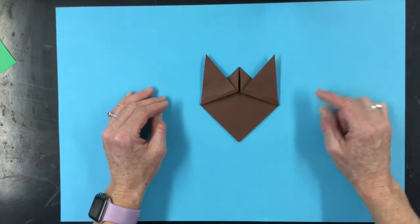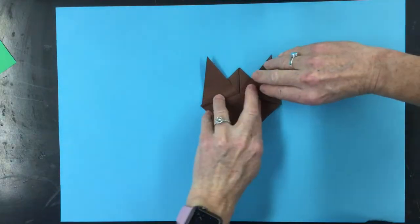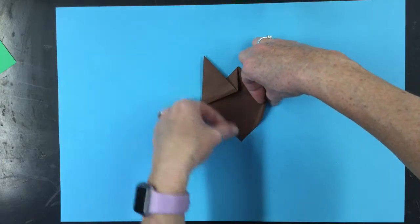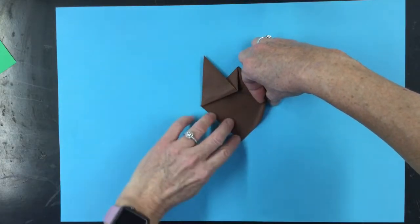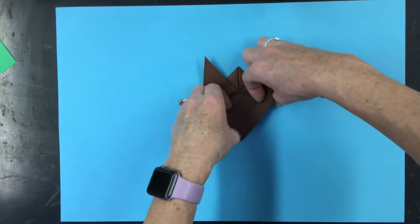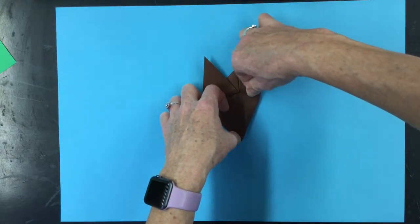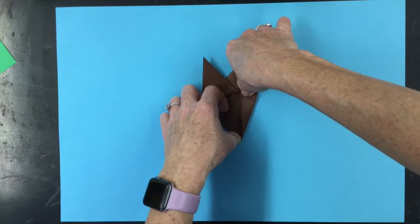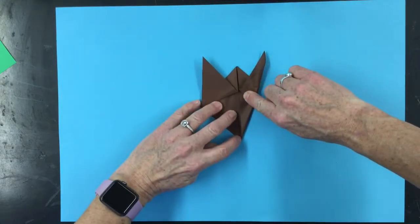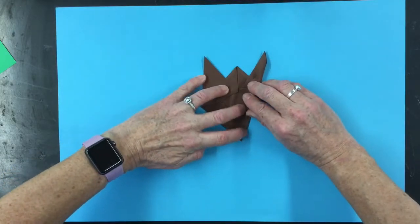The next step is to take the corners and fold them in so they meet in the middle. It's easier for me if I put my thumb or one of my fingers down here so the fold doesn't go past that corner. Just put your finger right on that corner and then bend this over so that it meets up in the middle. And then once you have everything even, then you can go ahead and crease the